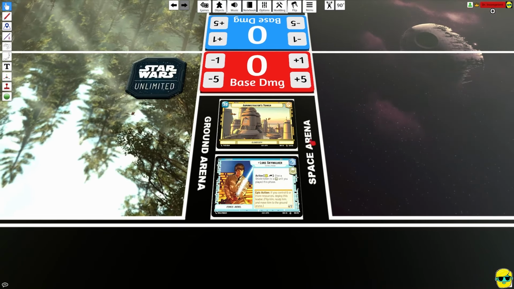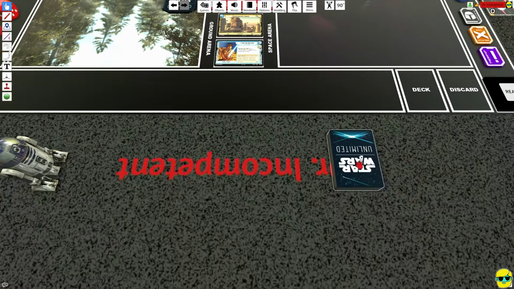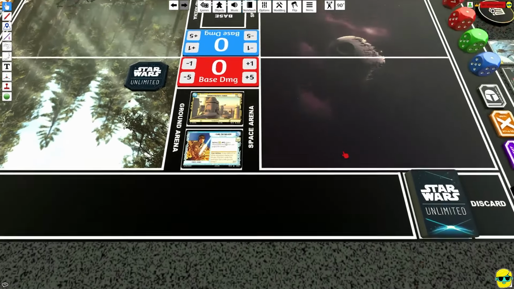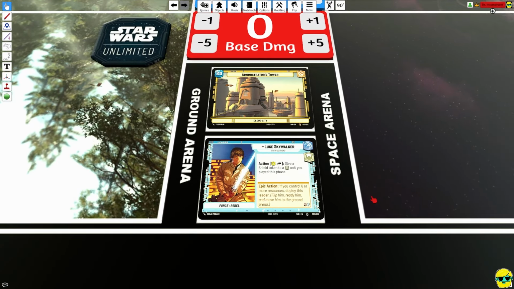Every player will have 1 base and 1 leader. And these are visible to the opponent, whereas the rest of your deck is not. I'm going to pick up my deck and put it in the deck spot. Just let it go, and it'll flip over for us. And your leader tells you what aspects you get, but the leader also has abilities most of the time. Sometimes they're passive abilities, sometimes they're active abilities. But in this